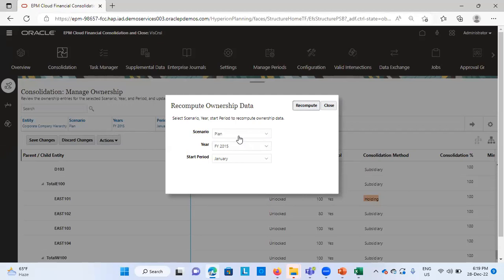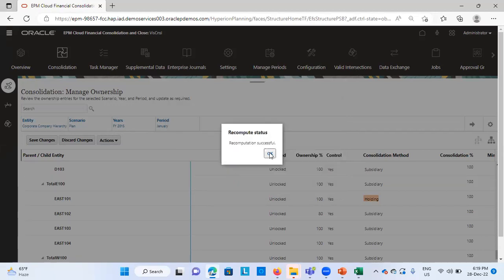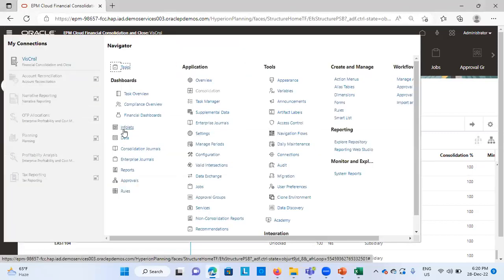So everything is fine. This is plan 2015 and January. I'll click on recompute. Once this is recomputed, now we have to run the business rule of consolidation. So from the navigator, I'll go to data,